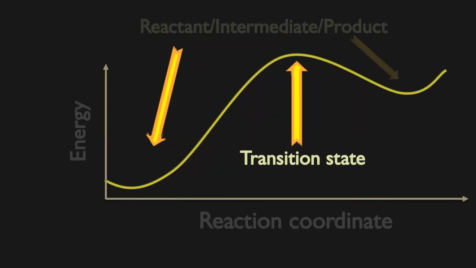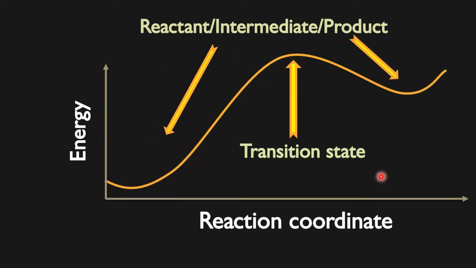And now again, coming back to this 1D. If you just take this coordinate, then we can simplify this potential energy surface into this 1D plot. There we have reactants or intermediates, or products, or again intermediates in a multi-step reaction. And then we have transition states. So what can we find out from this? We can find the barrier to go from one side to the other. We can find the reaction energy, whether it is an exothermic reaction or an endothermic reaction. All this information we can gather from these calculations.